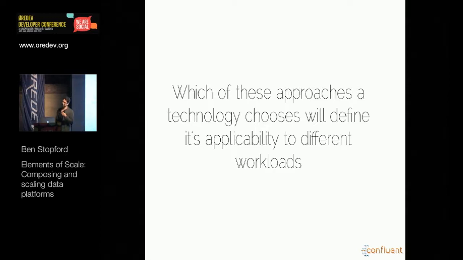So those are 3 approaches to storage engines, and as I said, it's really these different approaches which help us to characterize the different technologies that we choose when we start to bind different data technologies together. As in, it's these which characterize their efficiency for different workloads.